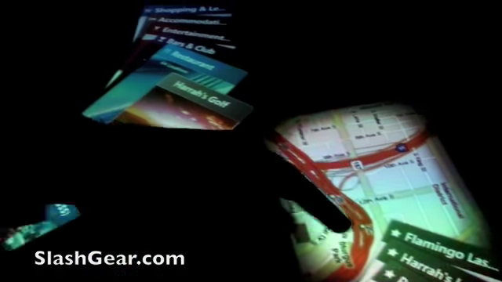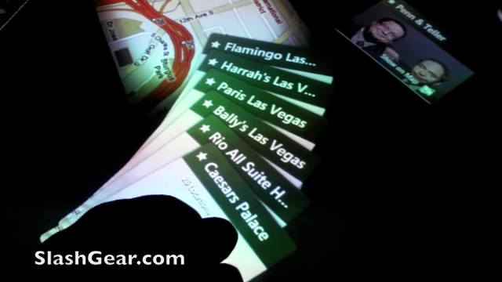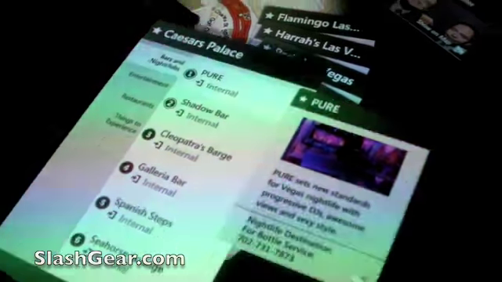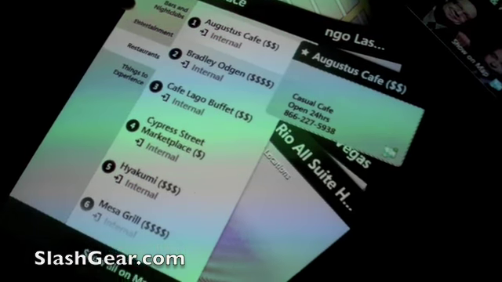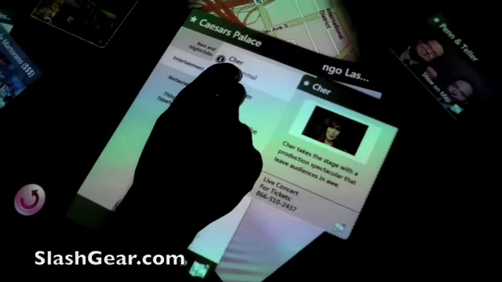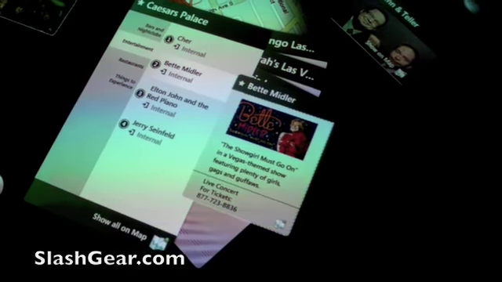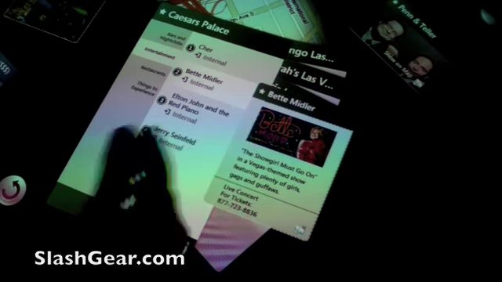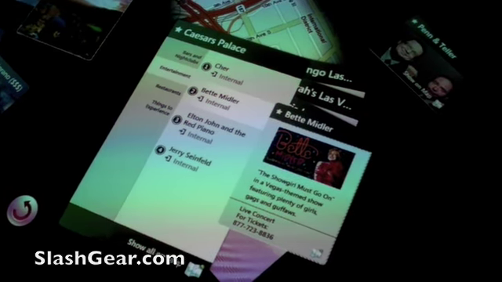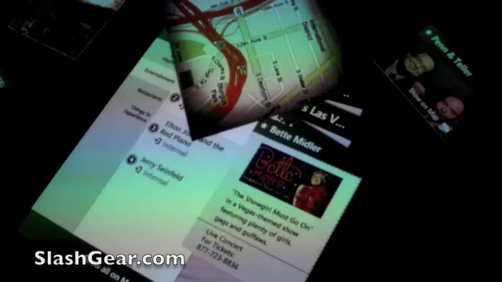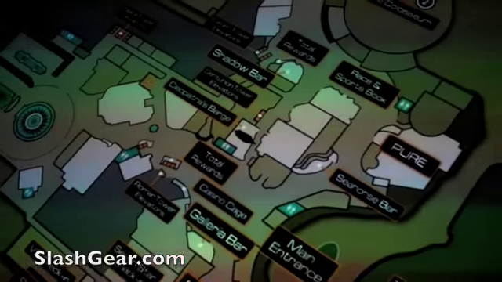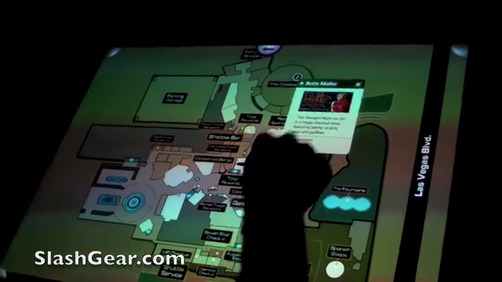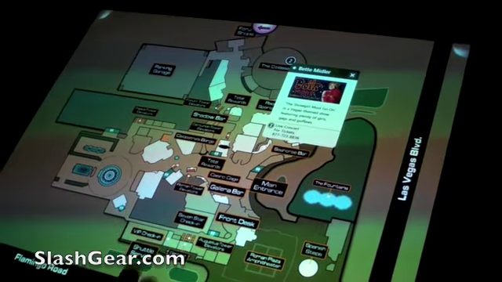So basically, they chose, for example, as a way of organizing their content to offer you access to all their different properties. And if you want to see what's available at Caesar's Palace, you got bars and nightclubs, entertainment, restaurants, different things to experience. So whichever one of these you pick, you get a series of choices. If I pick Bette Midler, for example, the card comes up. I get information about it. I could even access potentially a video if there was a video available. Like a demo video. Or if I was interested in seeing where that was, I can actually bring up a map. And this is going to bring up a map of Caesar's Palace and show me that Bette Midler shows over there in the Colosseum.